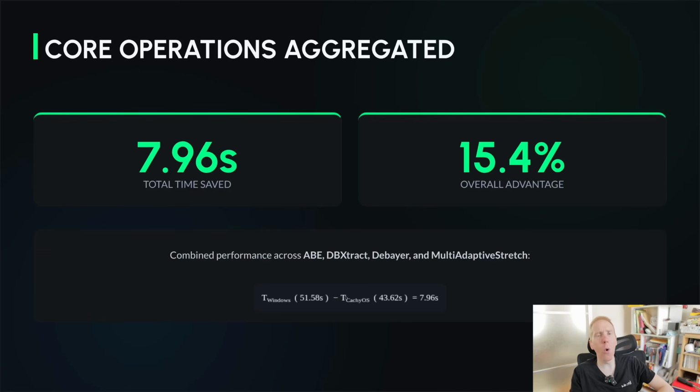And so those core operations, the ones that I use very often and that take more than 1 second, basically saved a total of 8 seconds. 8 seconds, come on. But it's a 15% overall advantage, which is dragged down by ABE, right? But it's still something that I thought was interesting to have a look at, right? It's